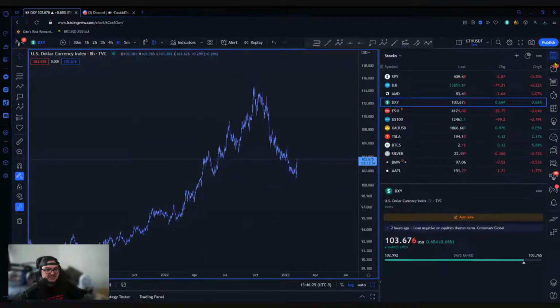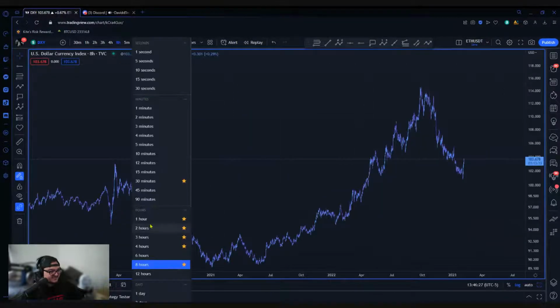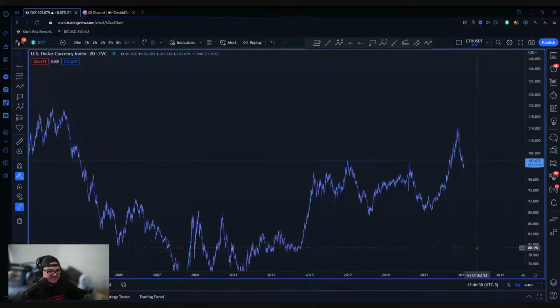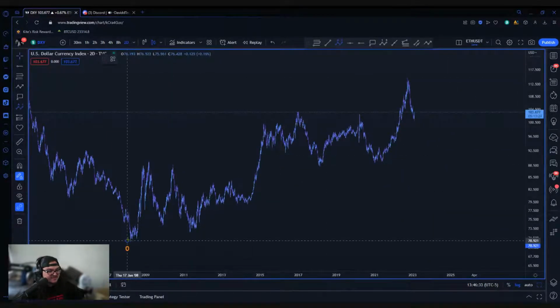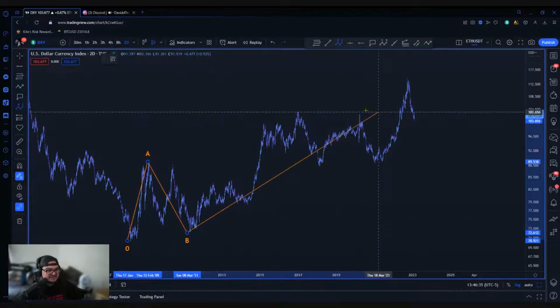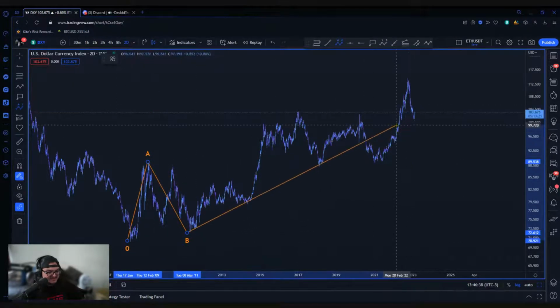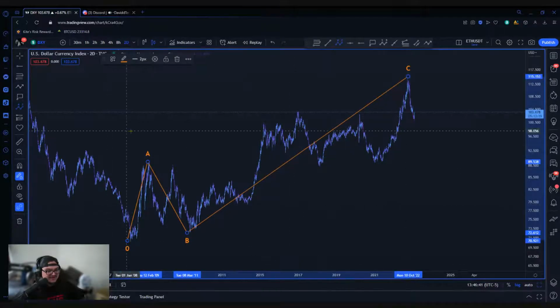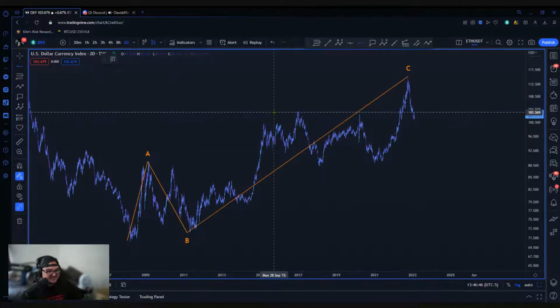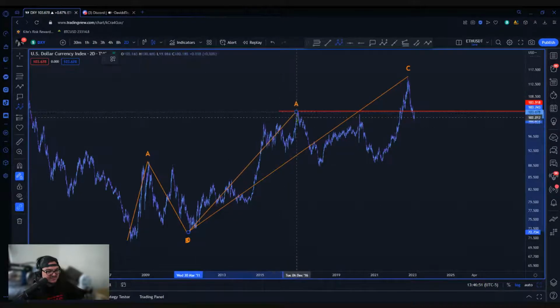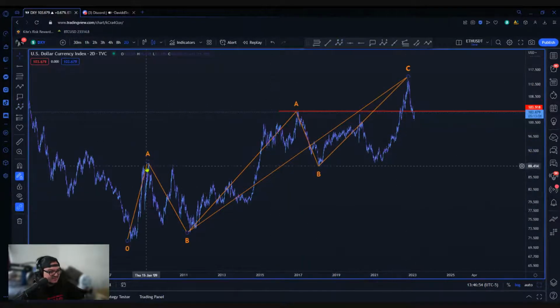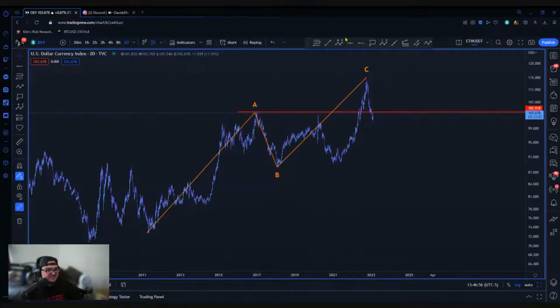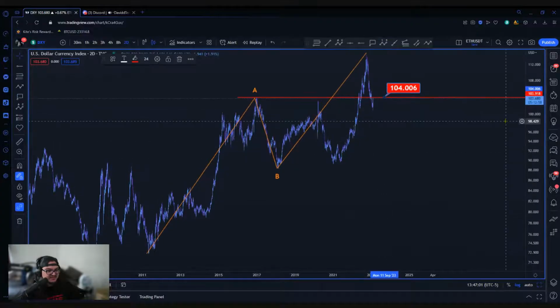So DXY on a much larger perspective, much larger time frame. Let's see. We do have a larger A to a B. Now, this is on a 2-day scale, and this is going back a very long time. So I'm not necessarily going to take that pivot into consideration, but I will take this pivot into consideration, right? Off of this ABC. So within the C, we have its own A, B to a C. And as long as we're below that 103, things are looking pretty bearish. It looks like we're kind of testing that region right now.